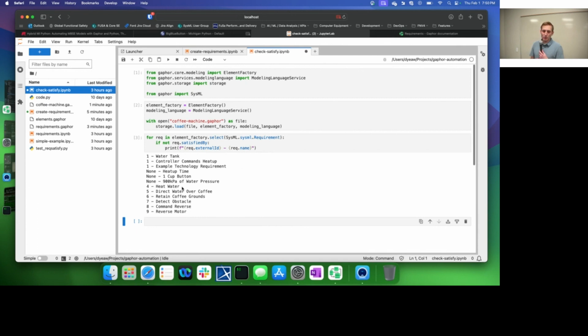And I know this example's fairly small or straightforward, but imagine at Ford, we have projects with like 1,000 requirements and complex things with dozens of blocks and ECUs and everything, right? So you can check across your whole model and check that everything was done consistently and correctly. So we found some issues. What else we could do